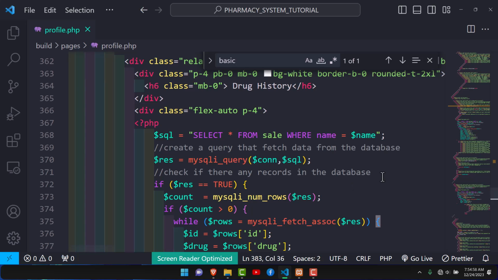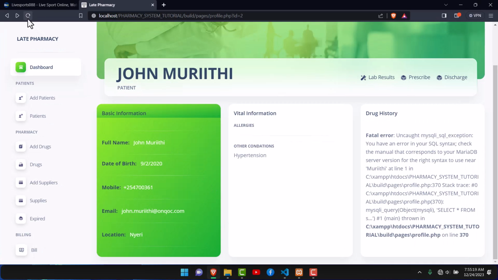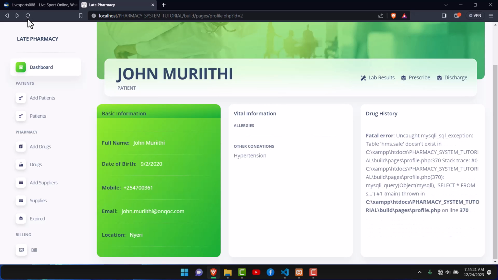Oh yes, I get to see the issue. It's because this one is some sort of a string, I'm guessing so. And so in that case it should be in single quotes instead of just being without the single quotes. And so I think that's what is causing the whole issue. So if I refresh that,